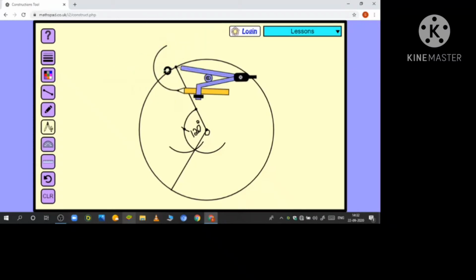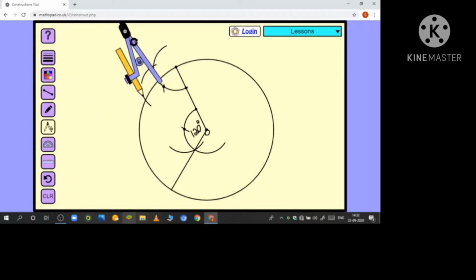Step 4. At A, draw AN perpendicular to OA. For that, take the center as A with less than half of the radius, cut an arc. Without changing this radius length, cut the initially cut arc to form 60 degrees. Keeping 60 degrees as the center, cut the arc to form 120 degrees. Now keeping the 60 degree point as the center, cut the arc above, and taking the 120 degree point as the center, cut the arc above. So a point is obtained.